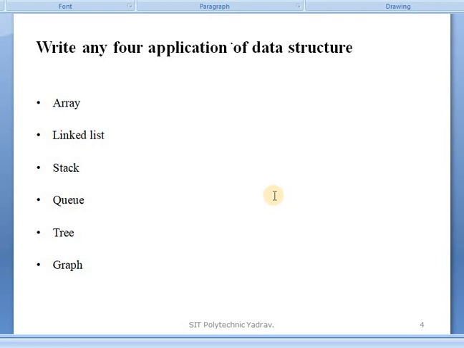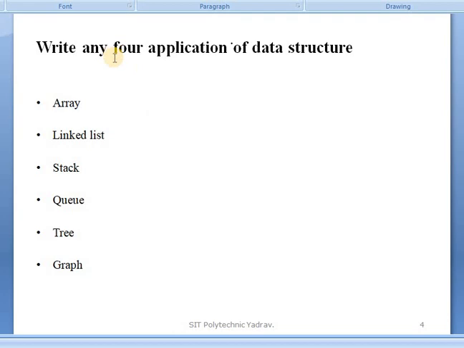One question asked in your exam is: write any 4 applications of data structures. In our syllabus we learn the needs of data structure, but the question asks for applications. Applications means: in which areas do we use data structures? The answer is array, linked list, stack, queue, tree, graph.